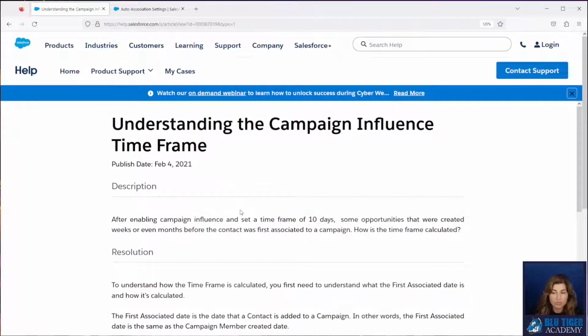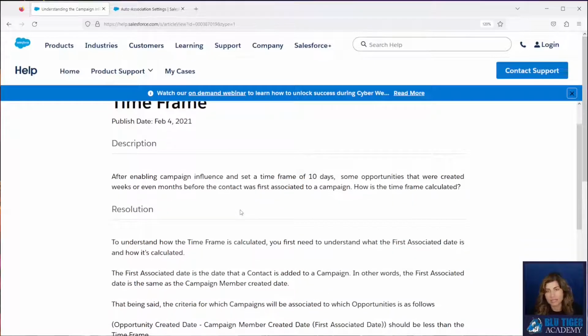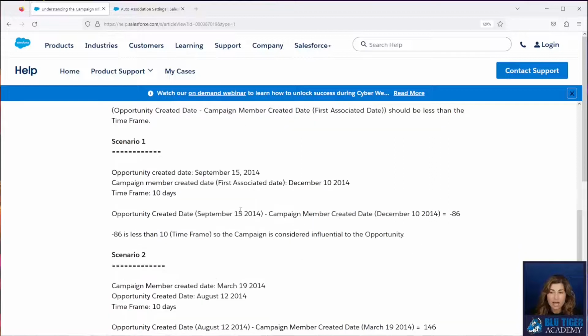This article reviews a scenario where the time frame is set to 10 days in the auto association settings. And then here's how it works when it's calculated. So in scenario 1, where we have an opportunity that was created on September 15th, 2014, we have a member of a campaign who was first associated with the campaign in December 2014. This means that the campaign member was associated with the campaign after the op was created.